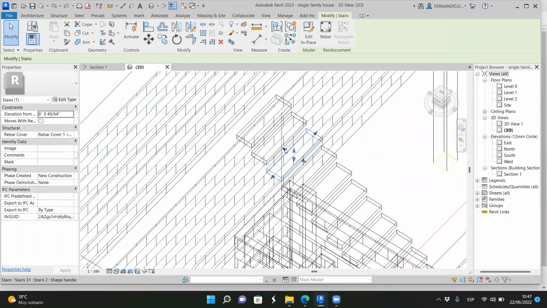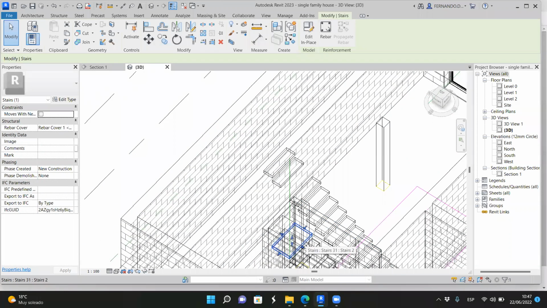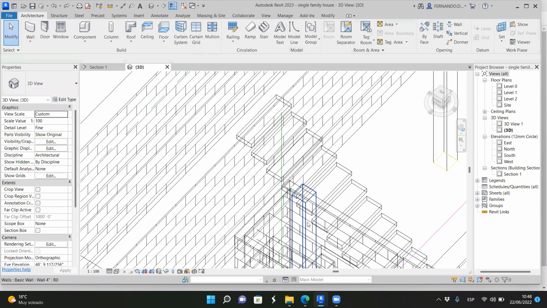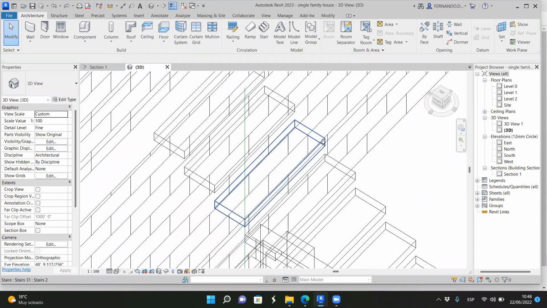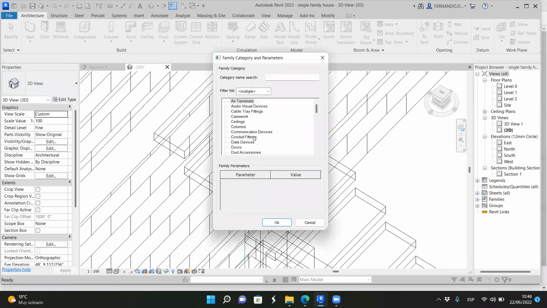So that step, but for some reason when I do this, well, that's because we have copied and the original one is on that level. Well, it doesn't matter. What I have to do now is probably to create another solid element, another architecture component model in place using this level. Okay, I'm going to do it. Architecture component, model in place,